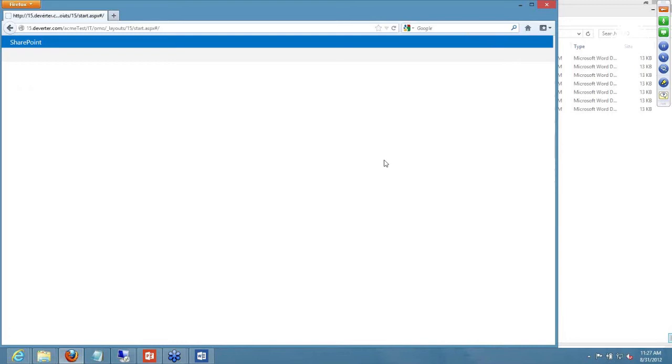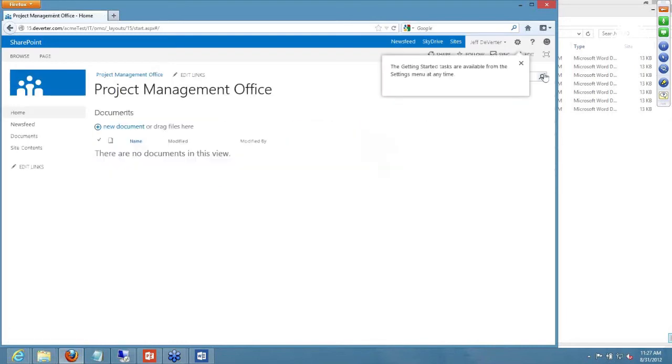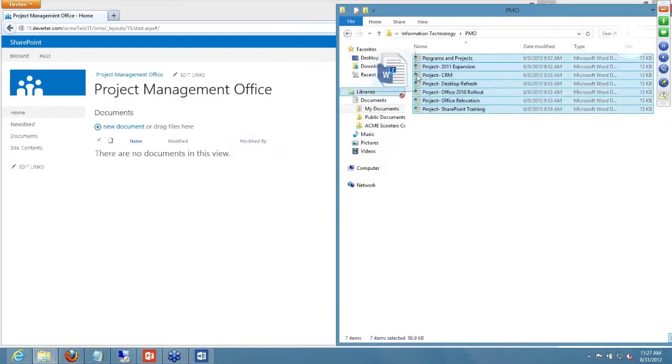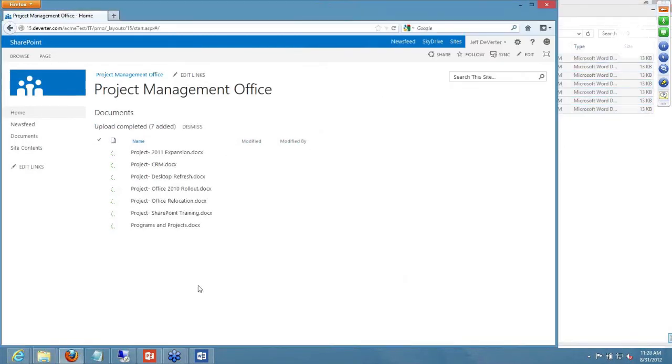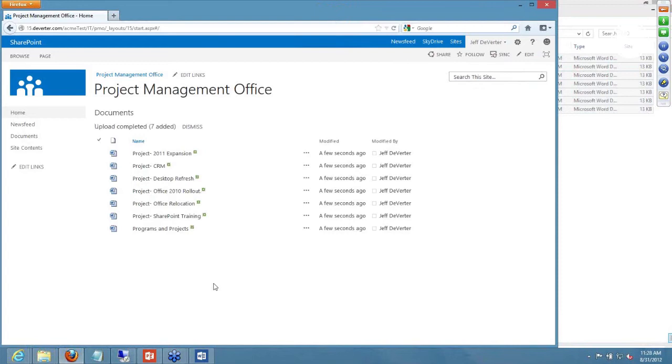We're using all the usual suspects. Let's get rid of that and close our little notification. And now we want to get some documents into there. Bam, there goes the documents. Upwards they go. Excellent. If we wanted to see what any of these things were, in fact I do, because